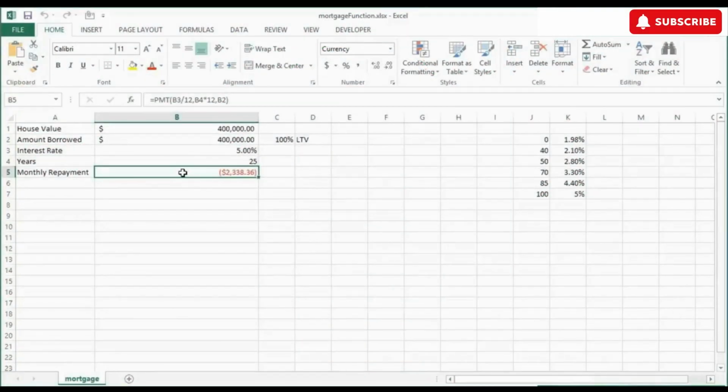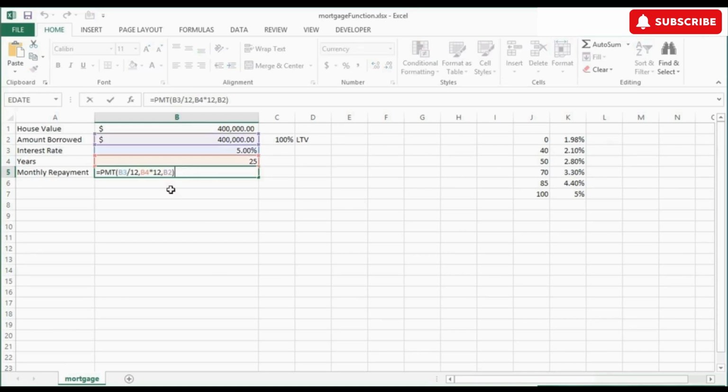Until Excel 2013, there wasn't a very easy way to display the current formula within a cell. I mean, you can go to the cell, taking our mortgage function sheet, for example, open up the cell and you can see the formula. But what about, I want to keep the result on the screen and see what formula's in there? Well, I can look there at the same time, but